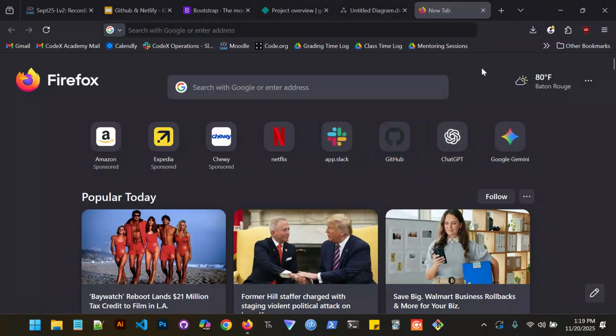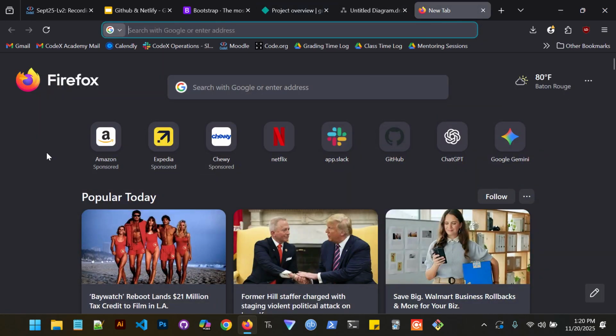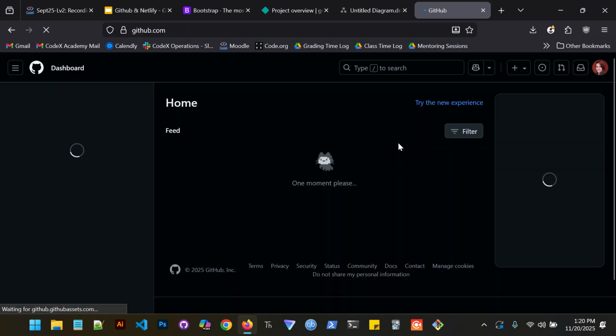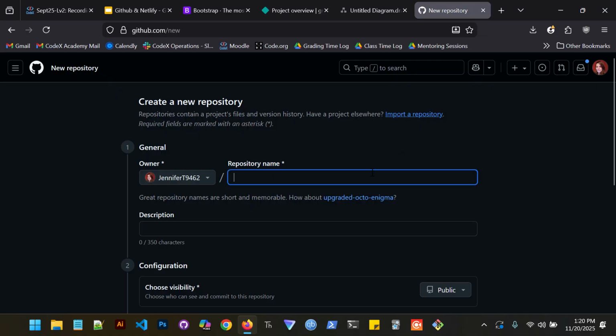All right, so I wanted to record a shorter demo showing you the workflow that would probably be the easiest to start a repo and also deploy on the Netlify website. So the first thing that we would do is go to GitHub. You could type it in here and search for it, but I usually have it on my recent stuff. So we go to our GitHub, we click new repository, and so I'm gonna name this